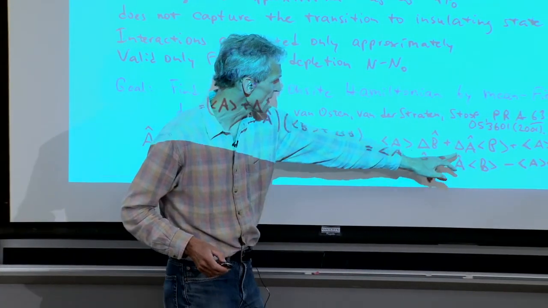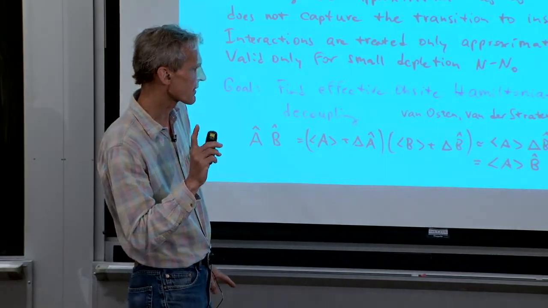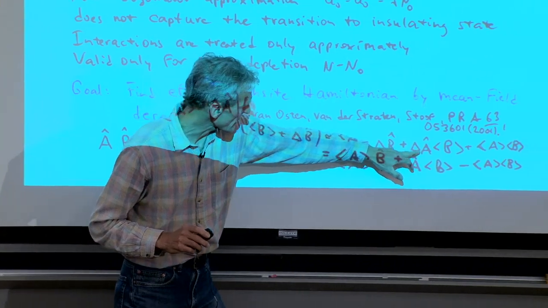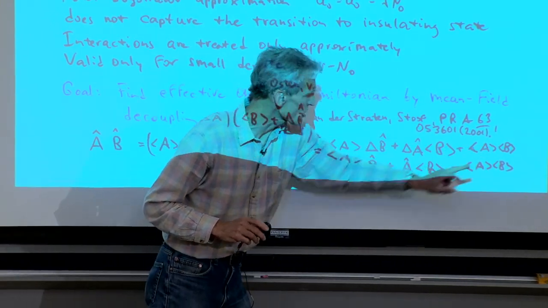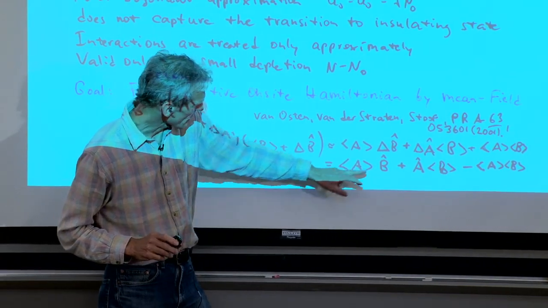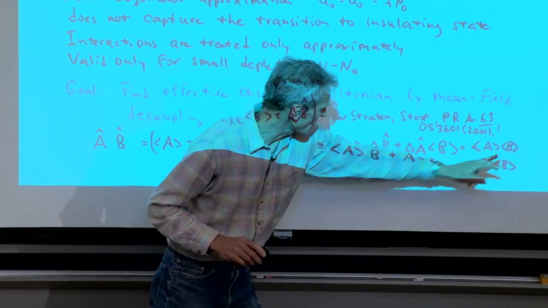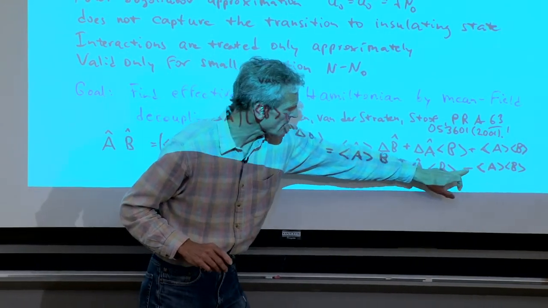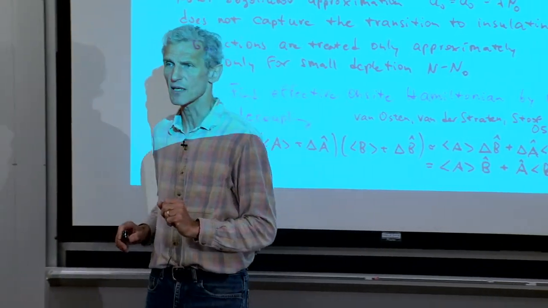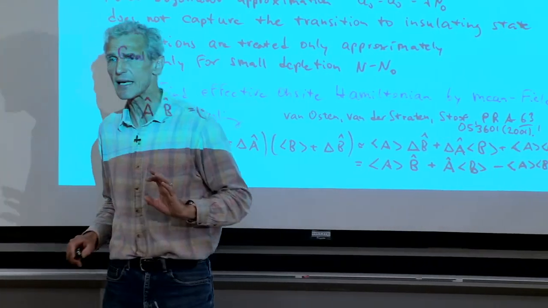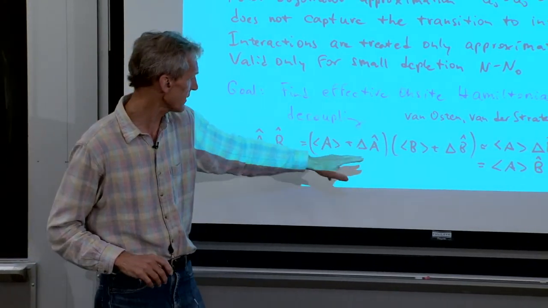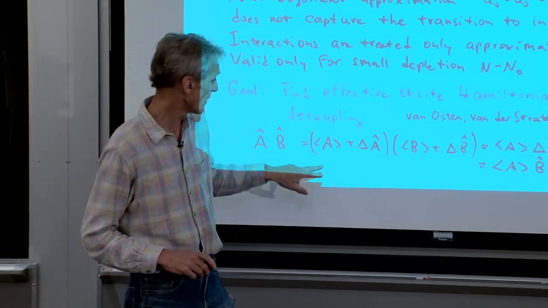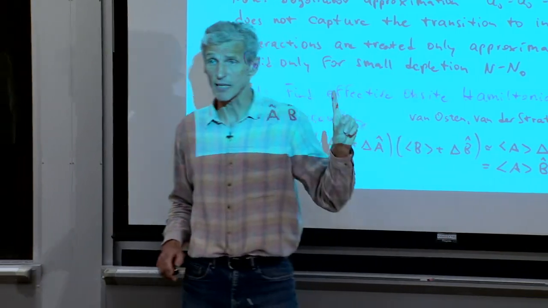So this is spelled out here, but since I want you, the sign is important, just look at this equation: A delta B plus delta B with B plus A average times B average. If I absorb A times B by upgrading delta B to B, but I do the same here, I have to subtract one product of the two average values. It's actually this minus sign which will play a role later, but here you see already that I will make this decoupling approximation, that I decouple the fluctuations from each other, and I write it in this way. There is an important minus sign.